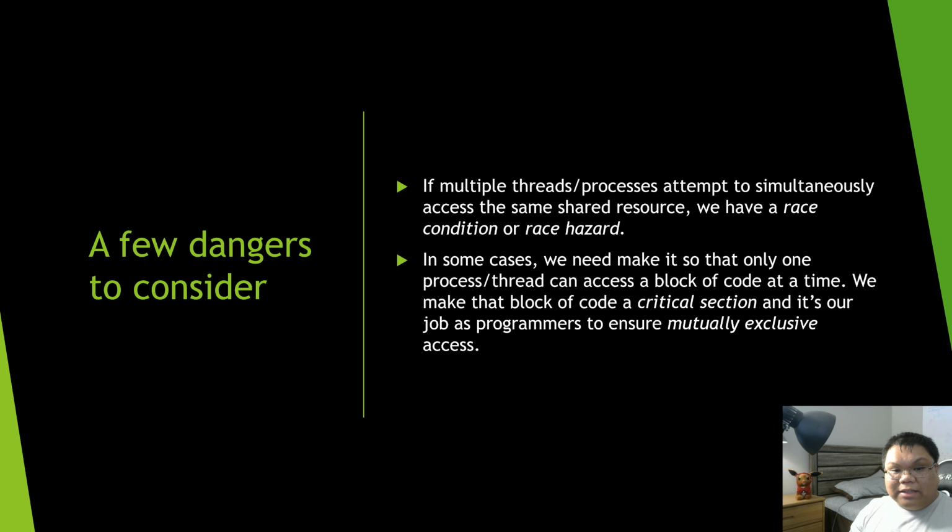There are a few things to consider here, and a lot of this is basically a review from CSE-5250. If you have multiple threads or processes trying to access the same shared resource, you have the potential for a race condition. Or, as it's sometimes called, a race hazard. A race hazard is where you have 2 or more processes racing one another to do something with a shared resource. So imagine three processes trying to write something to the same slot in memory.